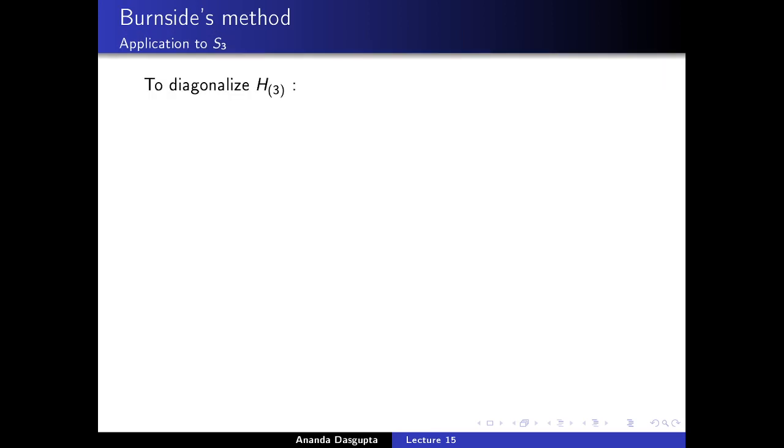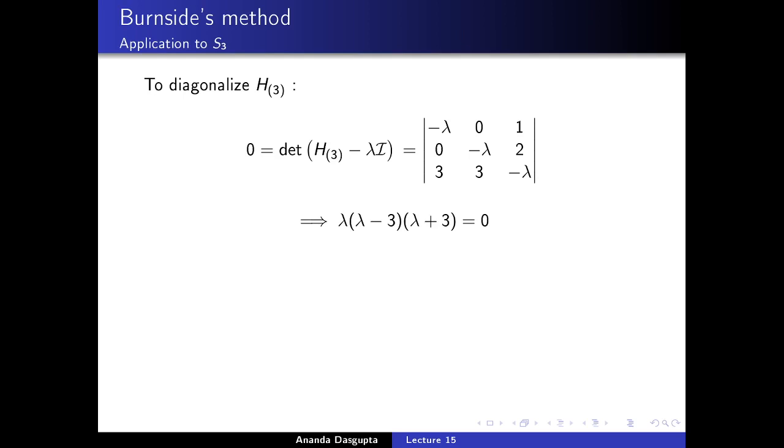Now, diagonalizing H3 is a task which all of you have learned how to do when you studied linear algebra. Of course, the first thing you have to do is find out the eigenvalues of H3, which is solve the characteristic equation determinant of H3 minus lambda I equals 0. Here I, of course, is a 3 by 3 identity matrix. And when you rewrite the determinant out, you will find that it is going to be lambda into lambda minus 3 into lambda plus 3, and this has to be set equal to 0,